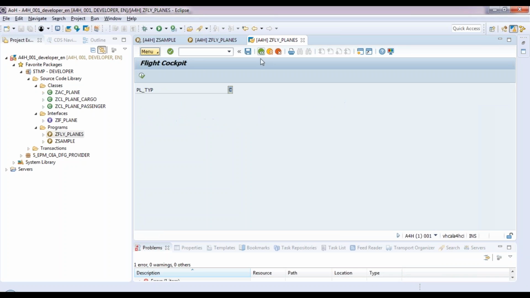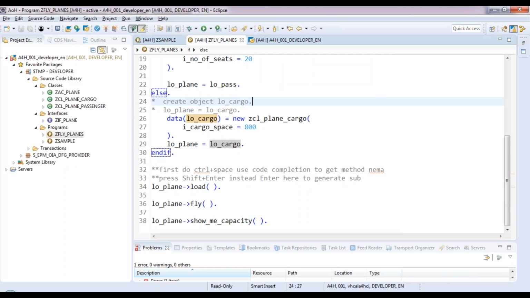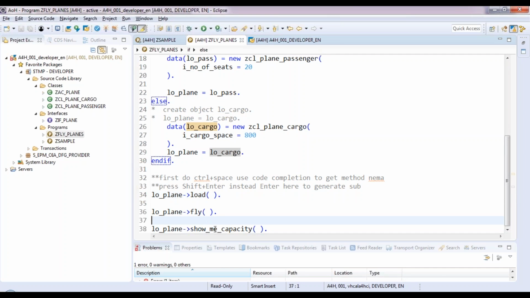Based on the plane type, you will see it will automatically go to the right implementation because we have polymorphism for all these methods. A common functionality anyways, however implemented in the base class. That's how you design software in the right way, by keeping in mind that you are extensible for future purpose. Now if there is a third type of plane, let's say aircraft or private aircraft type of plane comes,